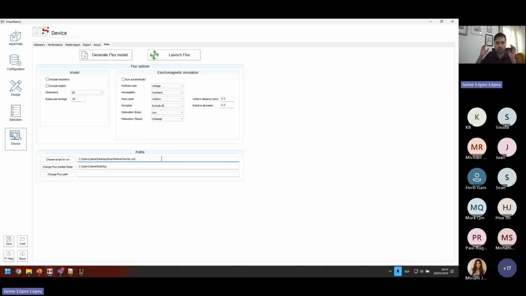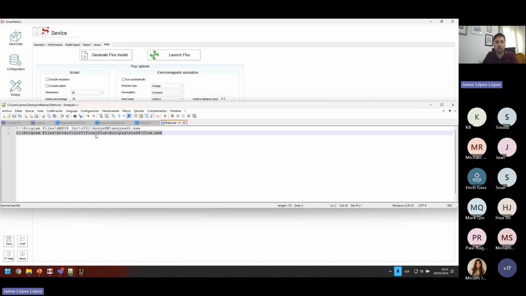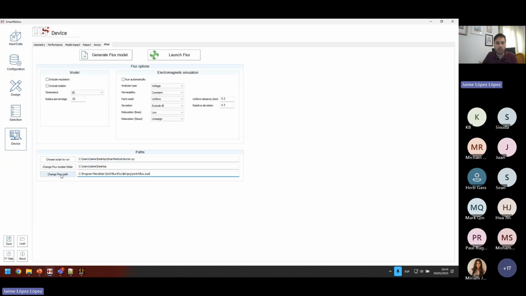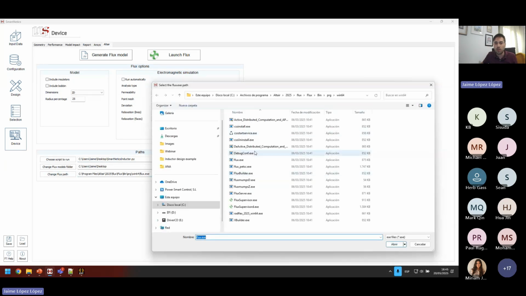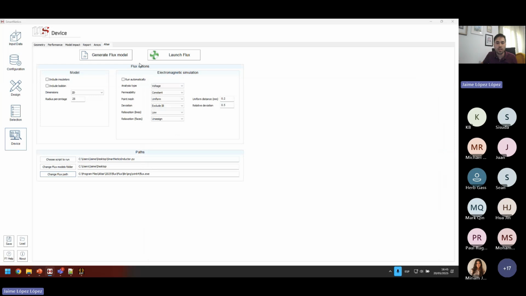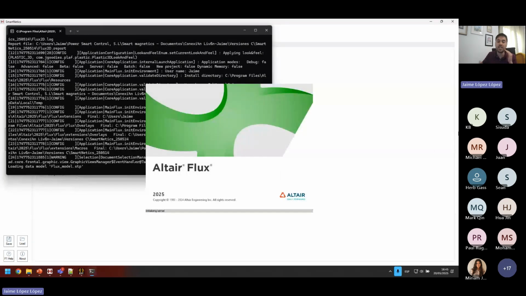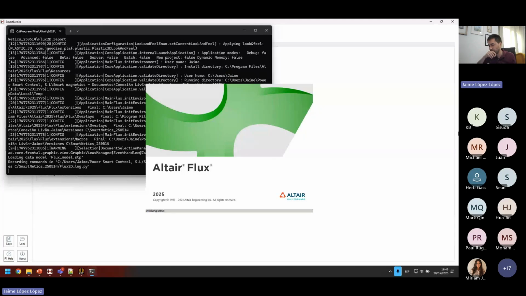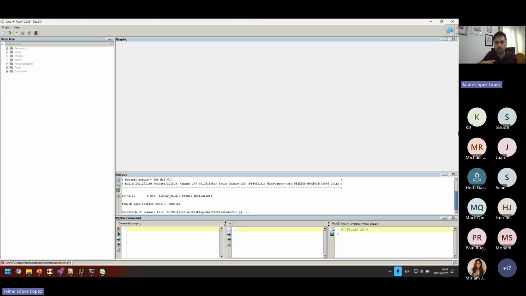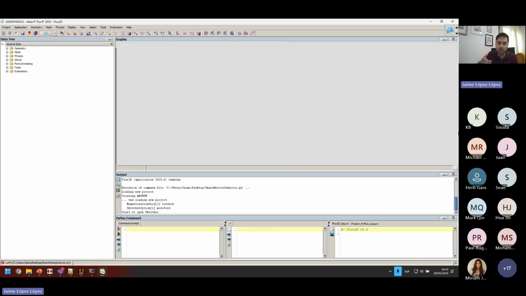The model is a Python description of your problem, of your design, and you can run the simulation in another computer if you have Flux in another computer, or if you have that installed in here, I'm going to do the same thing I did before, you can run Flux from here. Once again, you can look for the paths in here. I will just press on Launch Flux, and you're going to see the same thing, but in this case, in another tool. In the other simulation, we ran a thermal simulation. In this case, we are running an electromagnetic simulation.